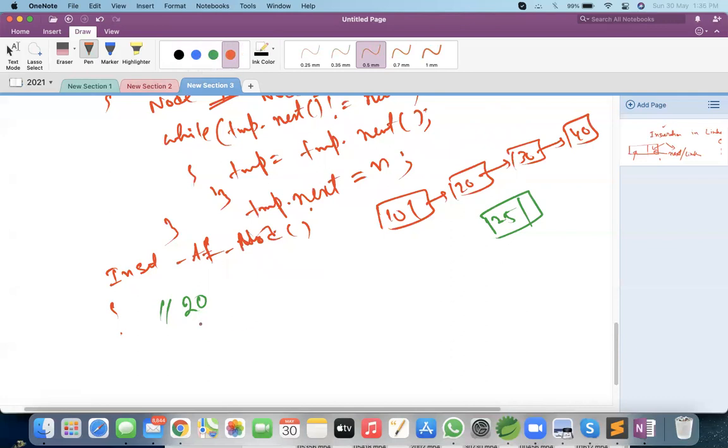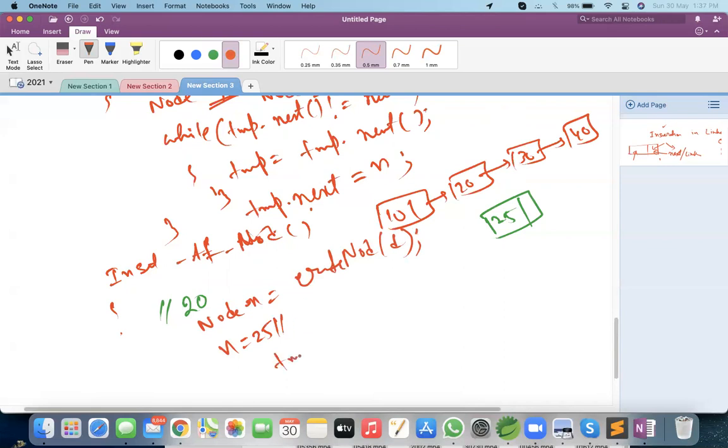Okay, so what we need to do now? Same thing. First node n equal to create node, and take a parameter d. We got 25, I'm assuming.